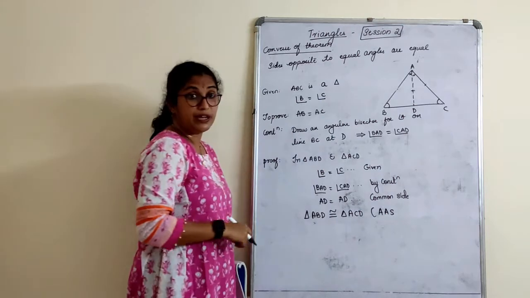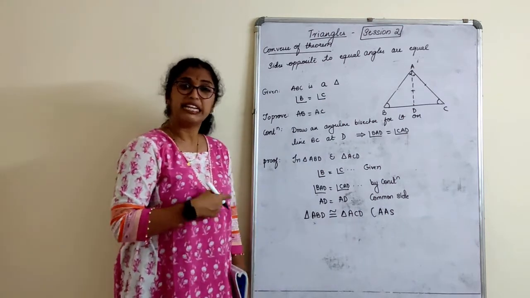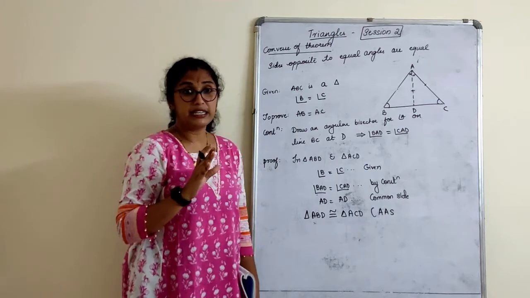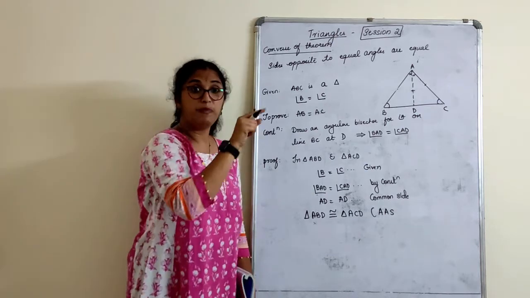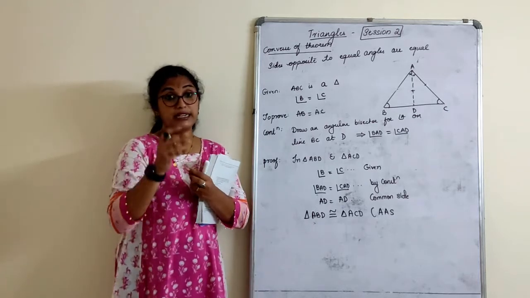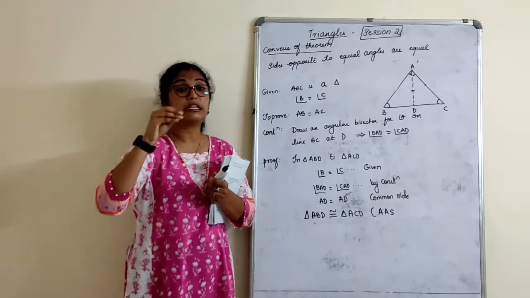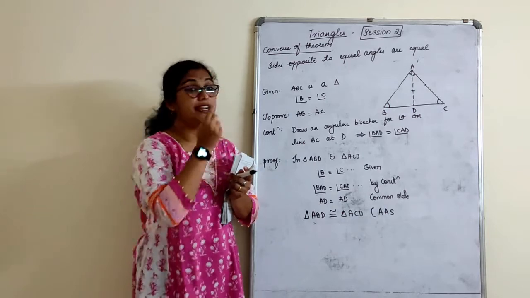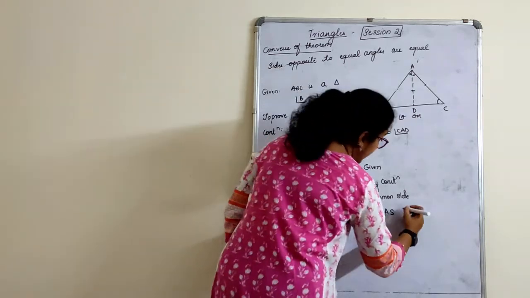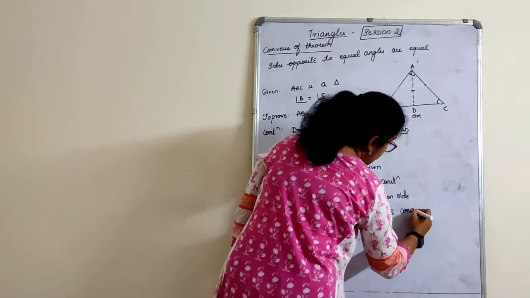AAS. Children, this is very important. If you write ASA there, according to me, it is wrong. Why? Because it is not by ASA. We have to see how we have proved it. Though in ASA and AAS we have no condition implied that it has to be an included angle, but still read how you read from the given figure. By AAS congruence rule,